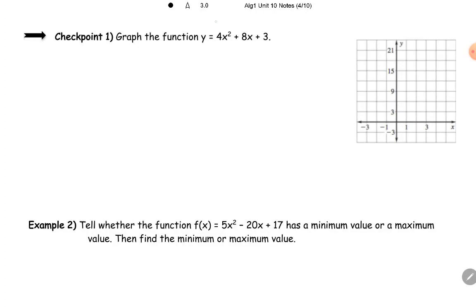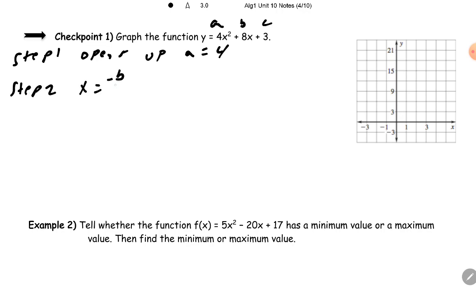Graph the function. So A is 4, B is 8, C is 3. So step 1, does it open up or down? Opens up. A is positive. Step 2, find our axis of symmetry. X equals negative b over 2a. So this will give us negative 8 over 2 times 4, which is negative 8 over 8, which is negative